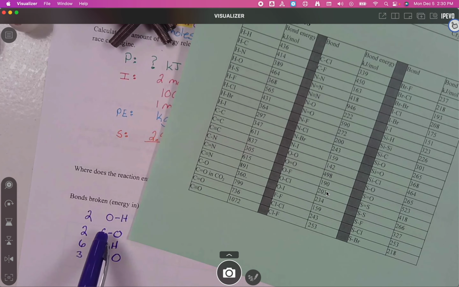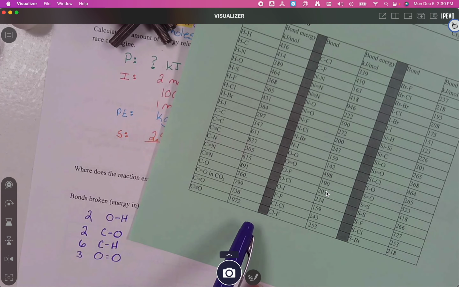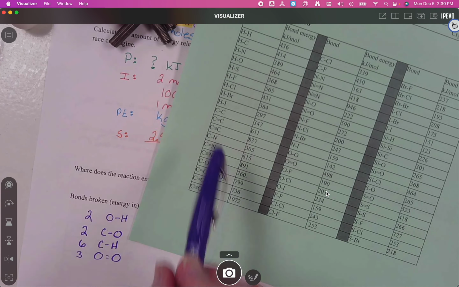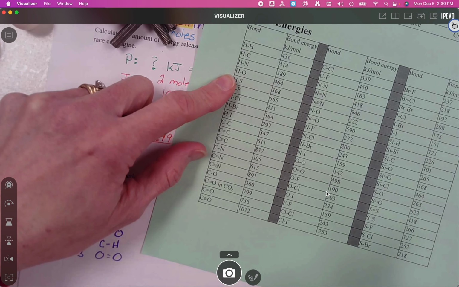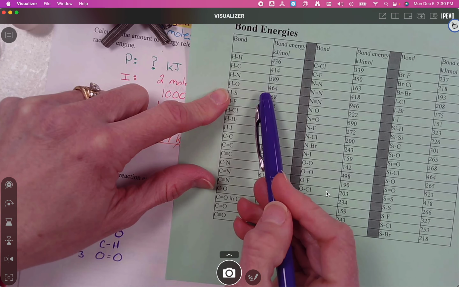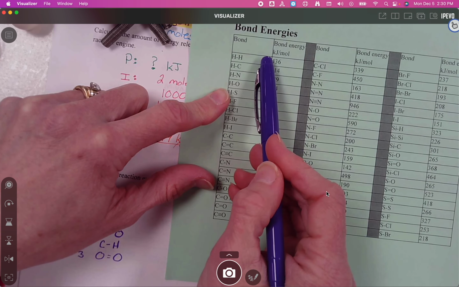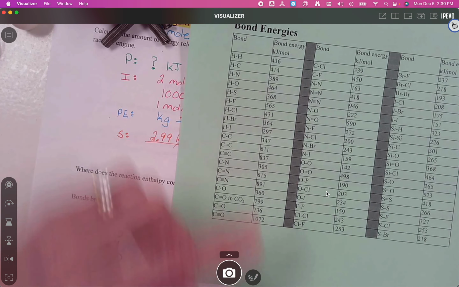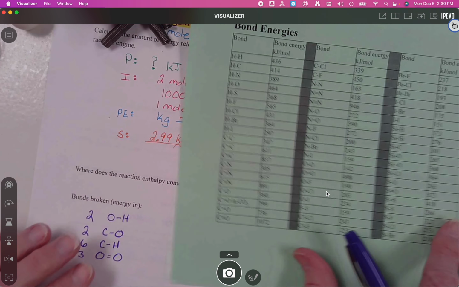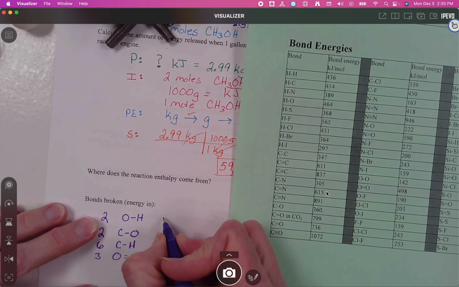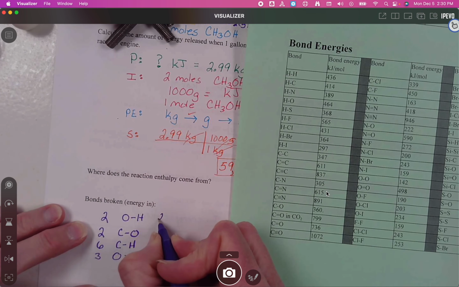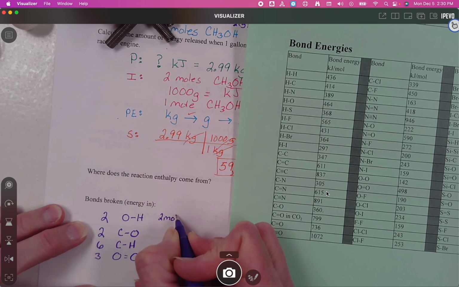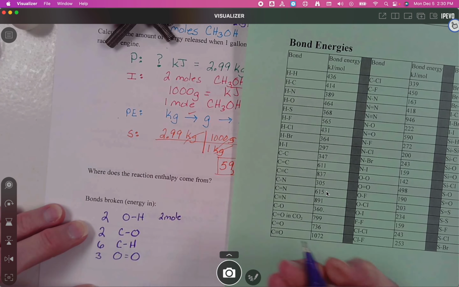We need to figure out what did it cost to break a hydrogen-oxygen bond. So hydrogen-oxygen bond, right there. Okay, it costs 464 kilojoules to break 1 mole of OH bonds. Okay? Well, our simulated pulling apart of the model kit represented not just 2 bonds broken, but 2 moles of those bonds broken